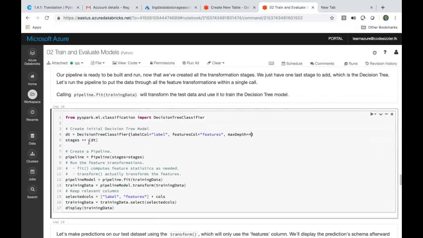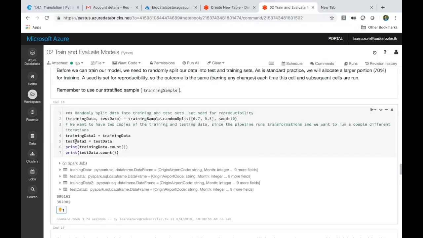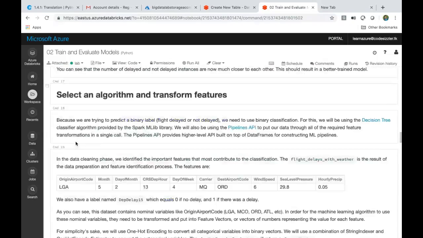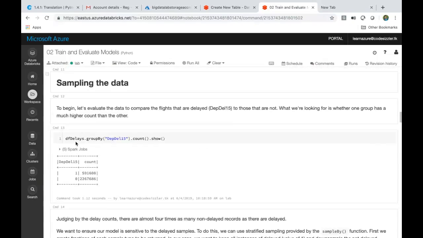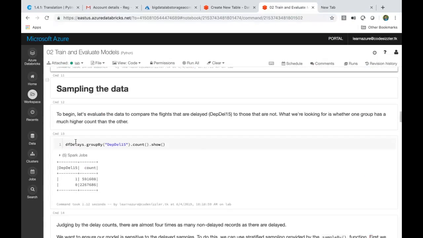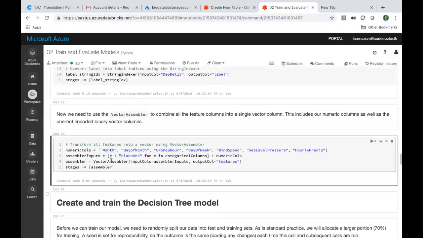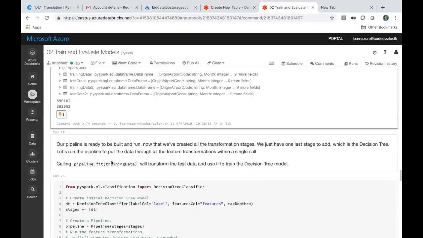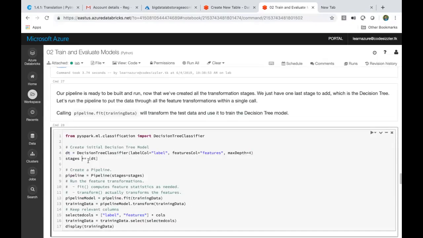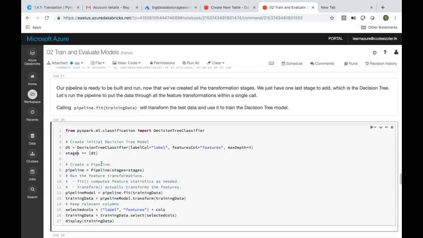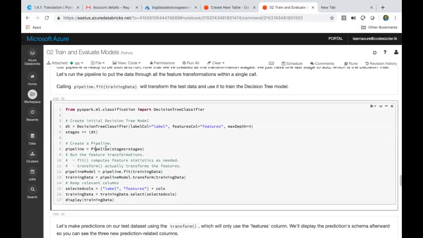Next, I'm adding my last step as the decision tree algorithm. Let me go up and tell you all the stages we have done. I defined multiple stages, right? Stage 1 is this one, stage 2, stage 3, and then the last one, stage 4, is the algorithm we are using, appended as stage 4. So now see here, I'm saying create a pipeline with these 4 stages. Clear, everyone? This is the input parameter, and the value for this is stages.